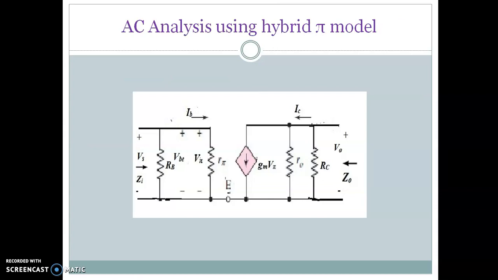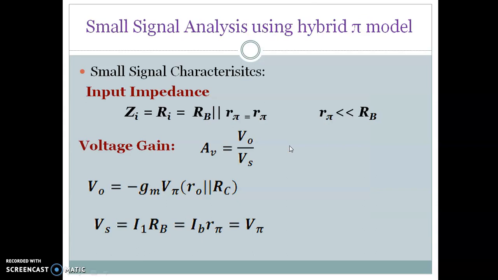Next, the same AC analysis of the fixed bias amplifier, we will do by using the hybrid pi model. Because we have two models for transistors: one is the hybrid model and the other is the hybrid pi model. So first we did the analysis with the hybrid model. Now we will see the AC analysis with the hybrid pi model. So here instead of HIE you are going to have R pi, and instead of HFE IB you are going to have GM V pi, and R0 is the output resistance including the early effect, which is taken into account.